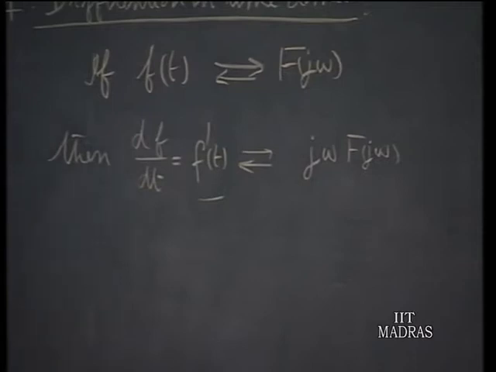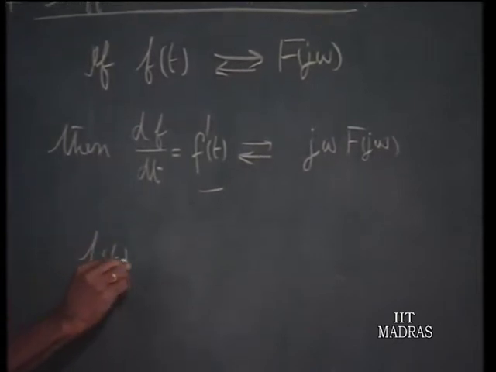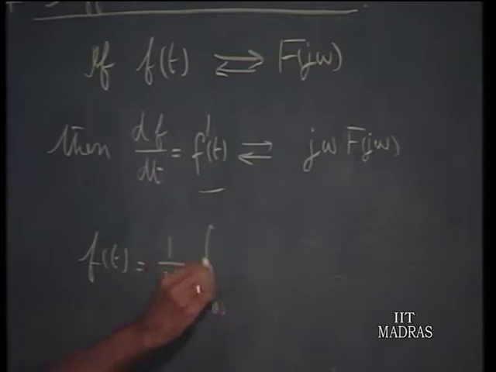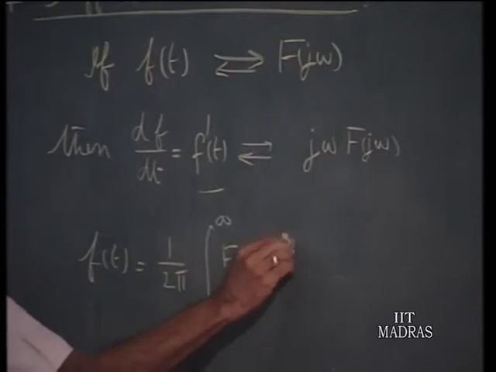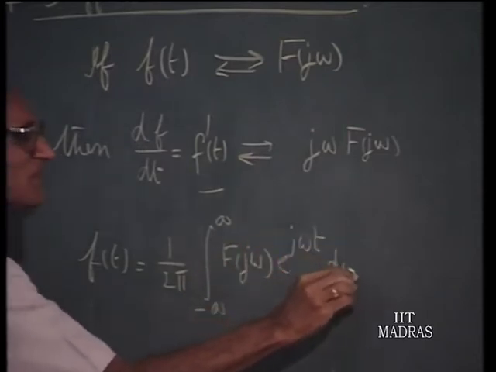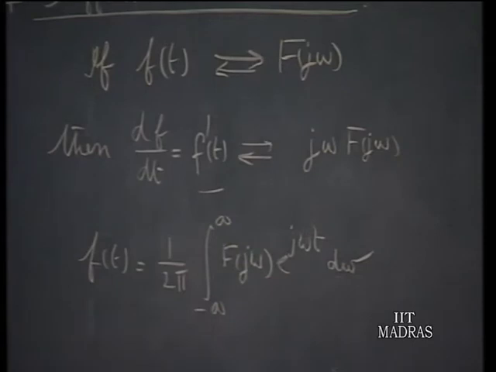f of t can be obtained from F of j omega by the inverse transformation, that is, f of t can be written as 1 over 2 pi integral from minus infinity to plus infinity of F of j omega e to the power of j omega t d omega. Now, let us differentiate this signal. So, df by dt,